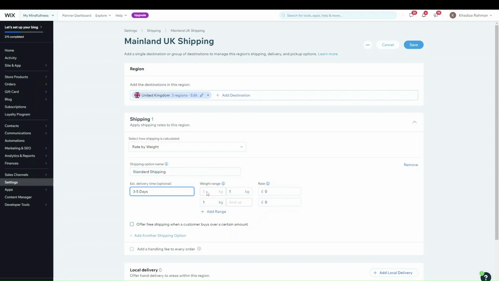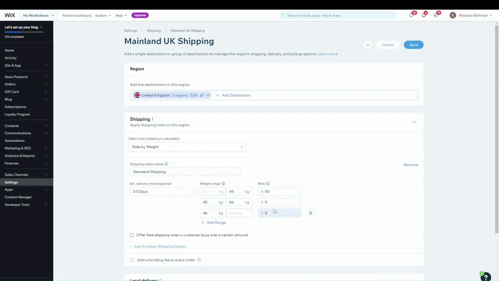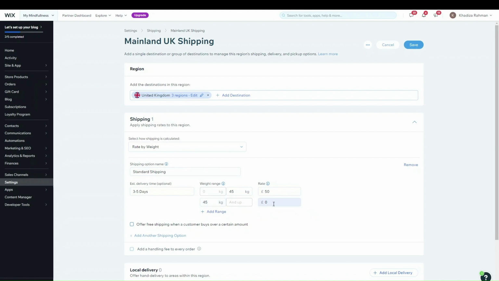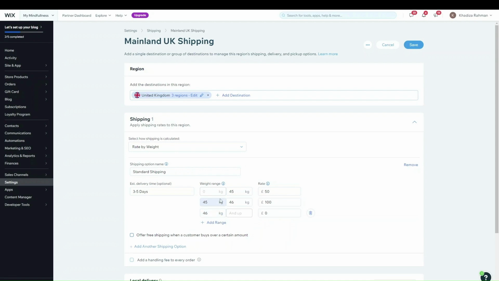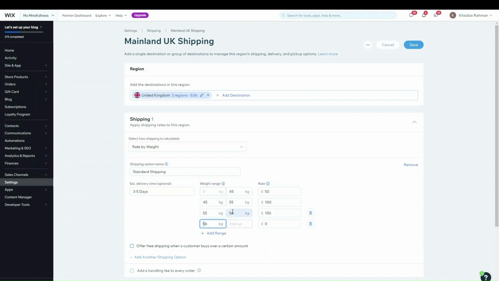By default, it'll ask for the weight range from 0 to 1 kg and then 1 kg and up. But say 0 to 45 kg costs you maybe £50 to ship, then if their total order weighs within 45 kg, they'll need to pay a rate of £50. If it is 45 and up, then you can just set an overall fee. If there are more weight ranges to add in between, so for example 0 to 45, 45 to 55, 55 and up, then you can add more weights like that, and you can add as many range prices as you need to,